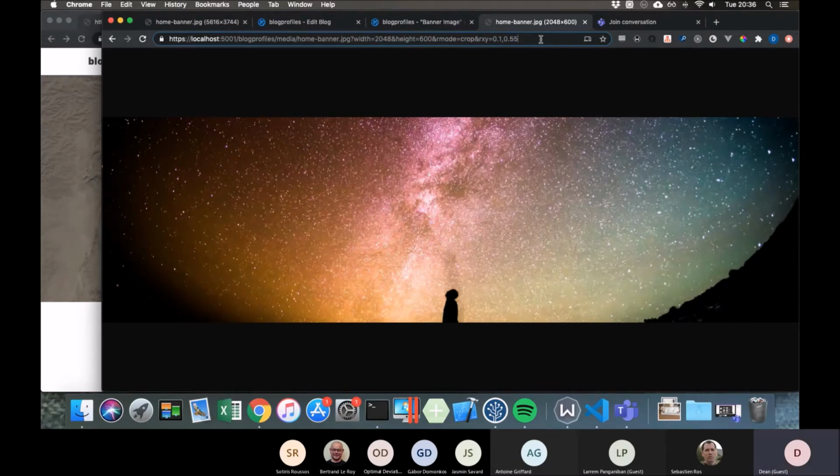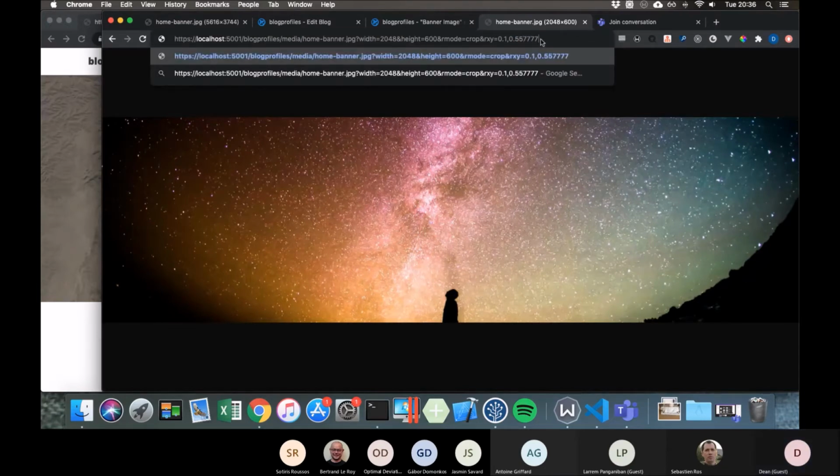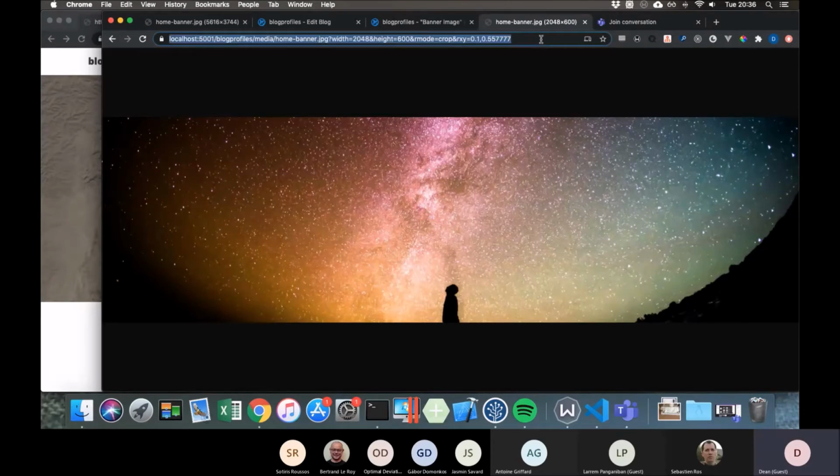Because the problem is if you put this one in, then you're actually making a new image on your disk, and if you put this one in, you're making another new image on your disk. So there's this kind of opportunity to overfill your disk. But we have designed a solution for that. And the solution was to remove those attributes originally. Nope, it's to use an encrypted query string that on the server side can generate and read and decrypt,